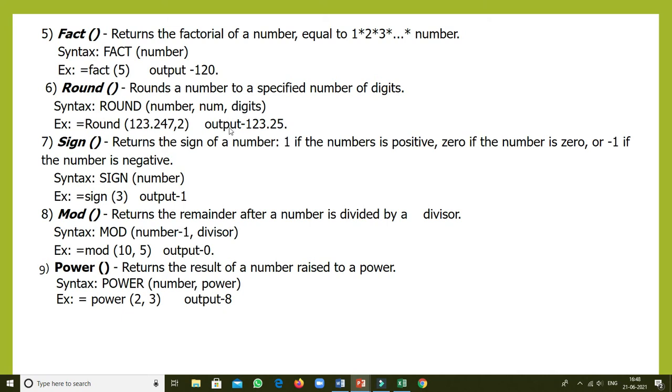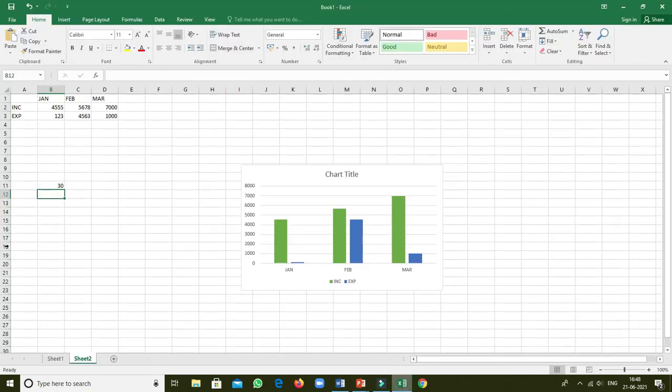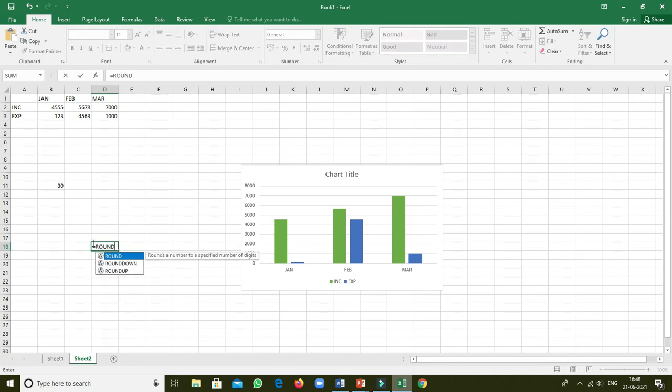Now see, equal to ROUND 123.247 comma 2, bracket close, then press enter. Yes, 123.25 is there.